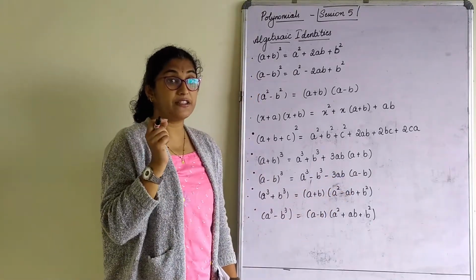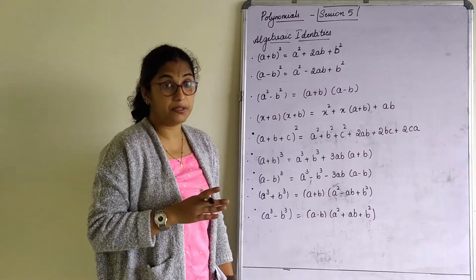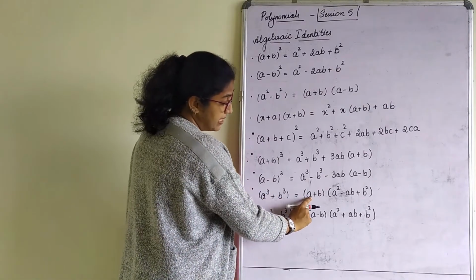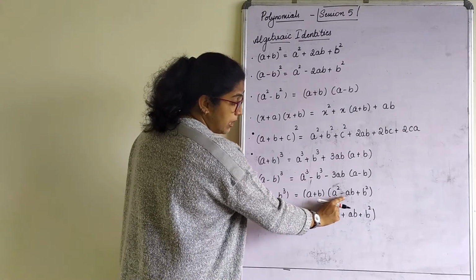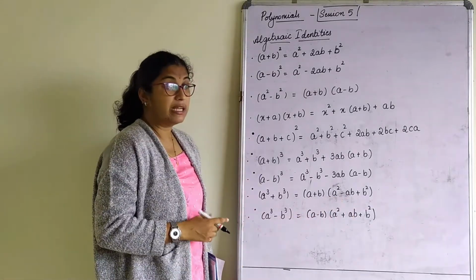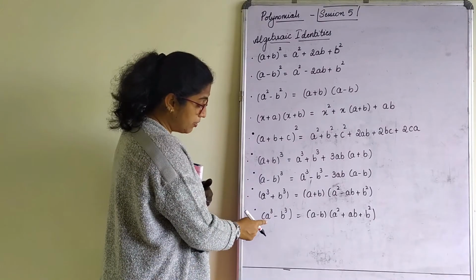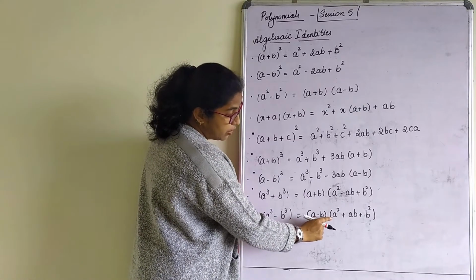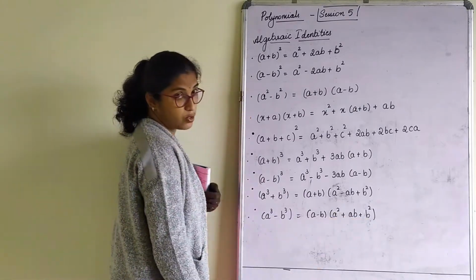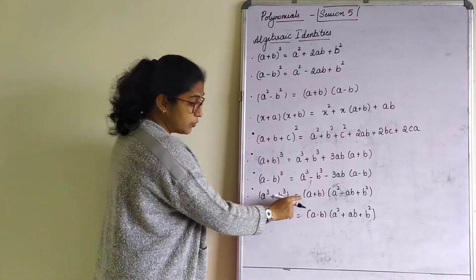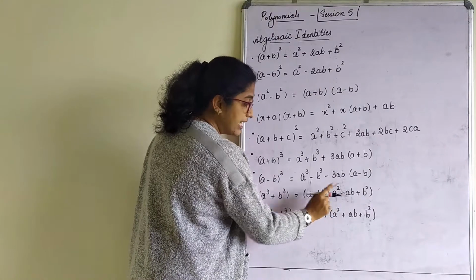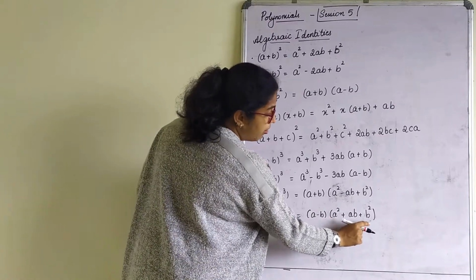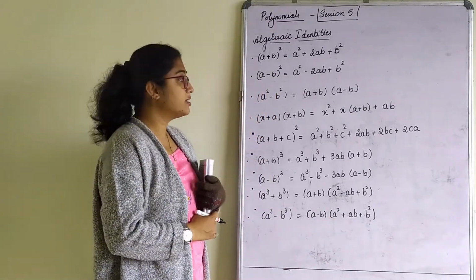Remember children, the negative sign is for the formula, not for the numbers. It is in the formula. Here, a cube plus b cube can be written as (a plus b)(a square minus ab plus b square). Now this is quite confusing sometimes. Look at this identity. a cube minus b cube, we write that as (a minus b)(a square plus ab plus b square). Here we have a cube plus b cube. We start with a plus b, only the ab term is negative. Here we start with a minus b, all the terms are positive. You practice it, you will get it.